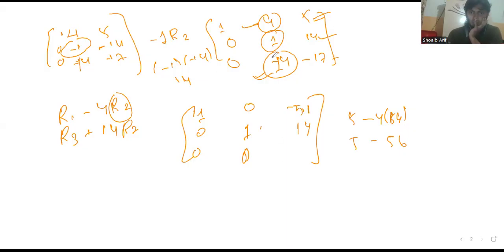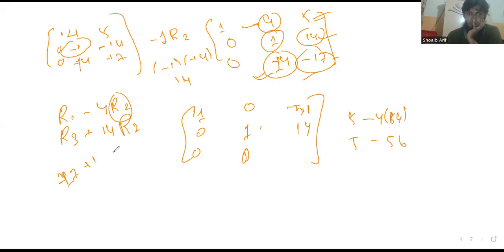So for this place, minus 17 plus 14 into R2, 14. So this is right, sorry, this is the operation, this is a wrong operation. We will write R3, sorry, because this is right. Okay, 14 into R2. So for this number, we will substitute